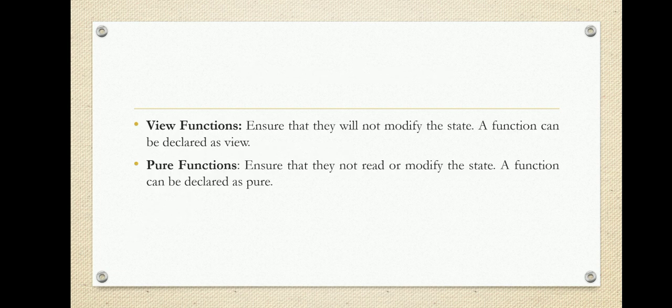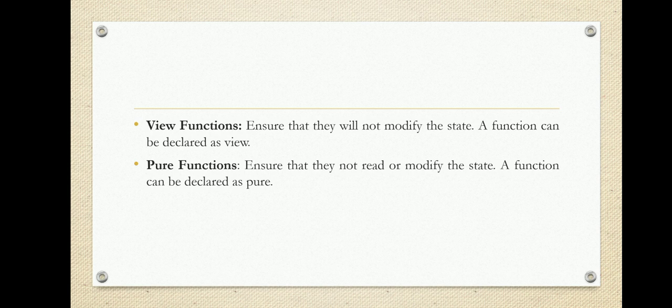Then we have the types of functions. We have declared the function as a view function and the function as a pure function. There are two types of functions in Solidity, so this you need to understand: when we will use view function and when we can use pure function. This is with respect to the state variables. State variables are nothing but the variables which are defined in the contract scope. After the contract name we are defining some variables, so these are not local variables. Local variables are different and state variables are different. The state variables can be stored in the contract space. With respect to that we are defining the view function and pure function.